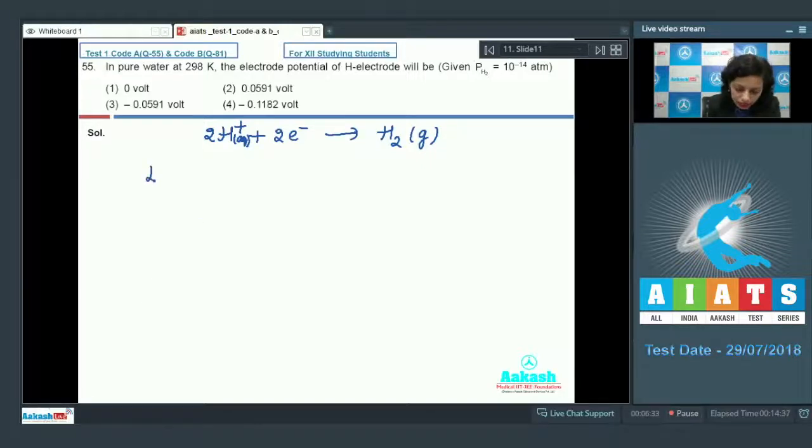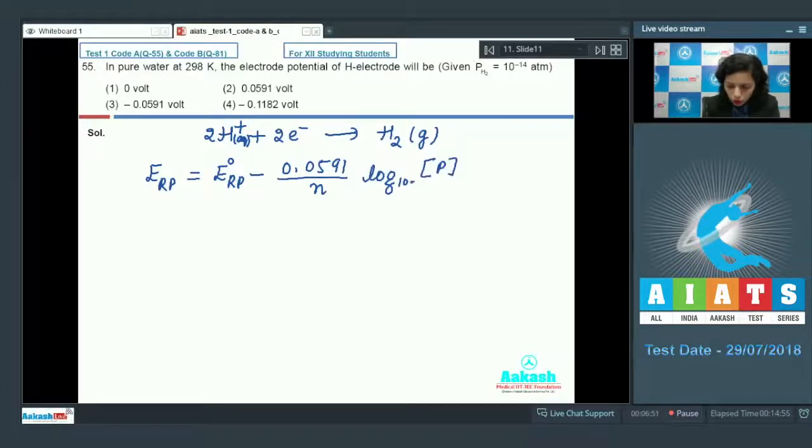Now we know that the reduction potential of this electrode is equal to E standard minus 0.0591 upon n log of the concentration of product upon reactant. We have this Nernst equation here. With the help of this, we can easily find out the electrode potential there. Now we have the pure water, and we know that in pure water the value of H plus ion concentration is equal to 10 raised to the power minus 7